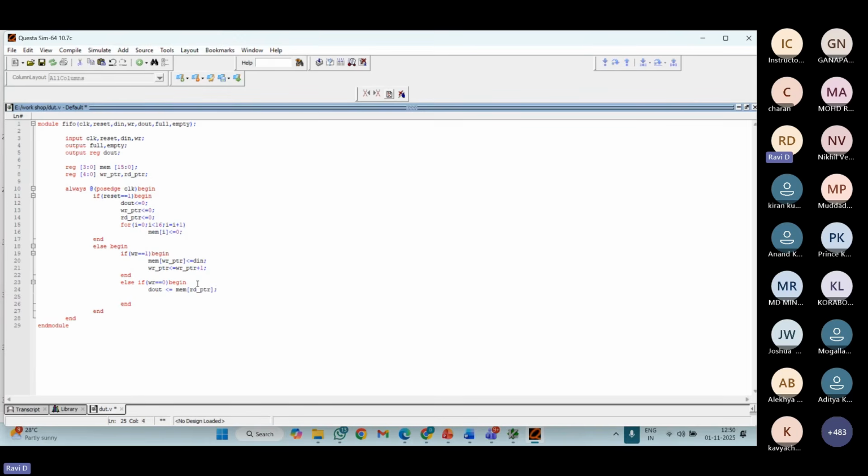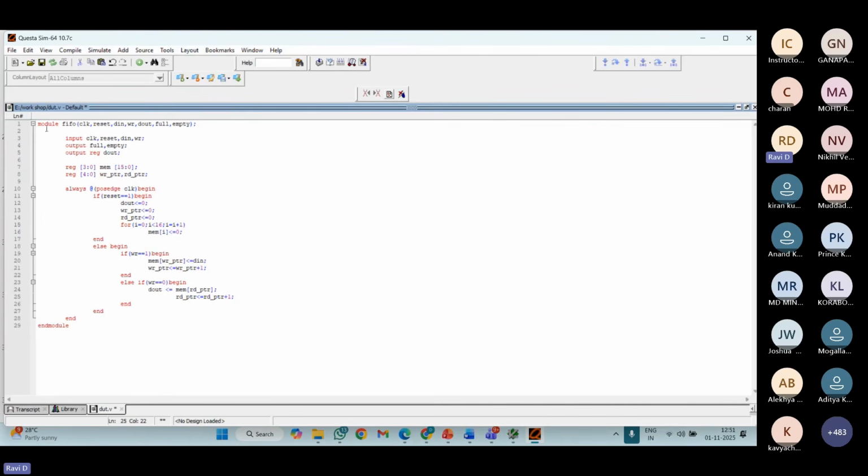And next, after reading the data inside the pointer, you need to increment your read pointer. So RD_PTR equals RD_PTR plus 1. Like this, we are going to write the data or read the data from the memory.